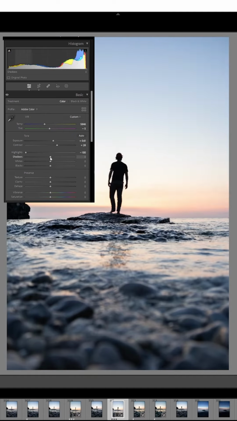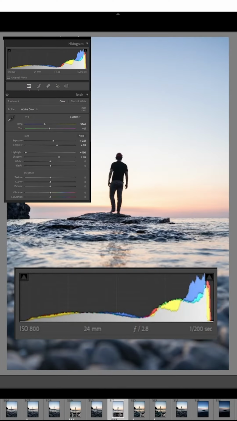You can mess around with your contrast, highlights, shadows, and then comes your black and white sliders. This is where it happens. If your image isn't touching the right side of that graph, you're going to drag your white slider up until it is, just barely, and then you're going to drag your black slider down until it is just barely touching. And for 90% of images, this is going to give you the proper amount of